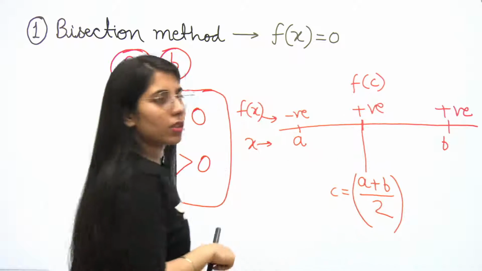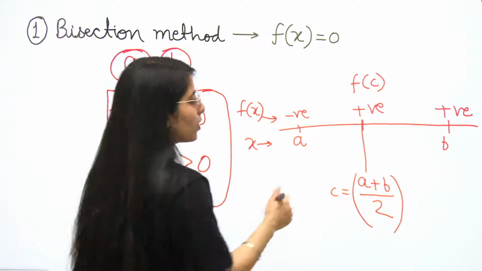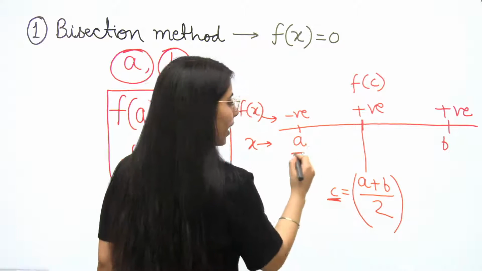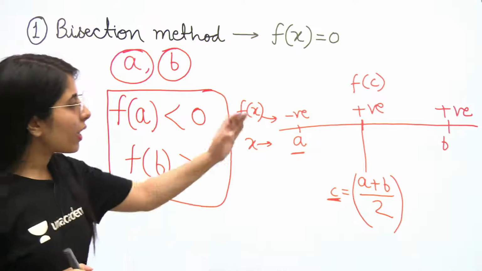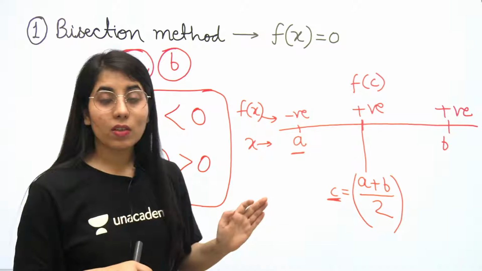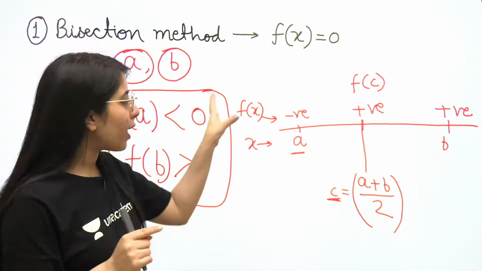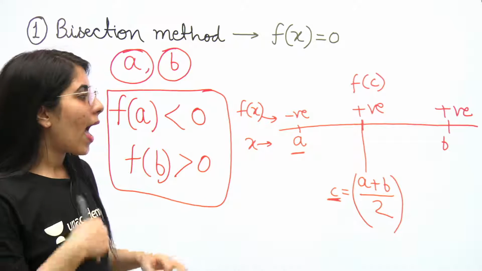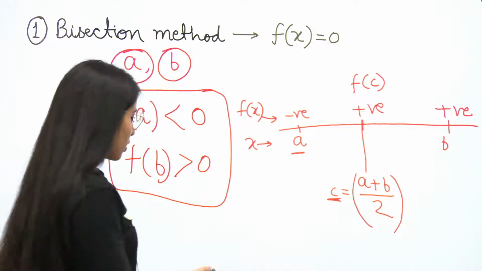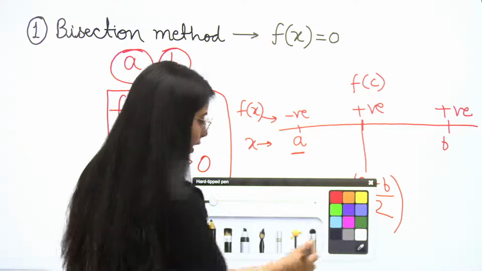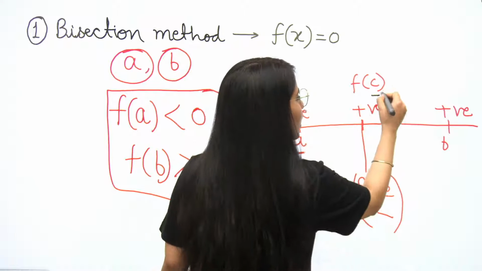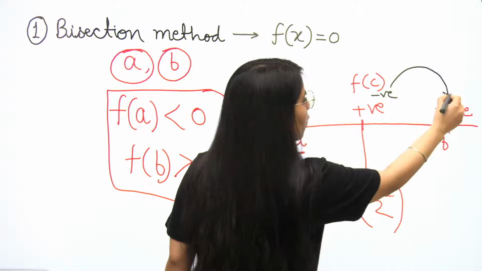When it is positive, you will have to consider c and a in the next step. One negative and one positive you will keep on considering, where positive and negative refer to the value of the function. Okay, and another example is if this value is negative. If it is negative, then you will make the pair of these two.